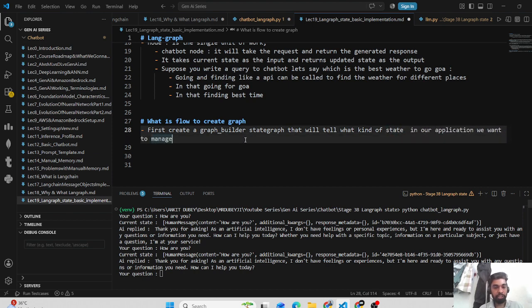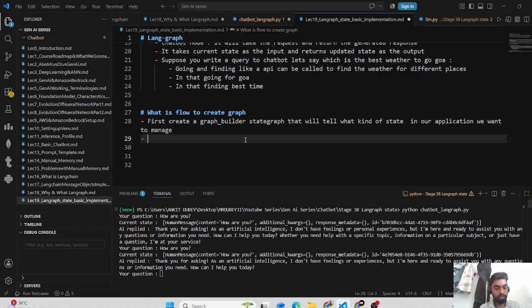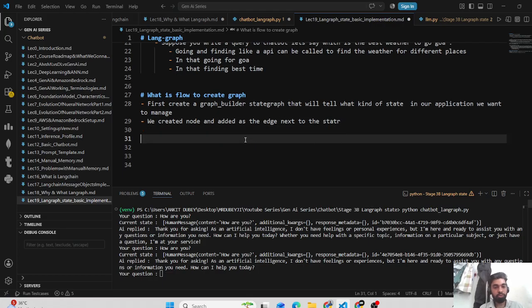Now we created a node and added it as an edge next to the start. So this is the flow. The start. So when new questions come,